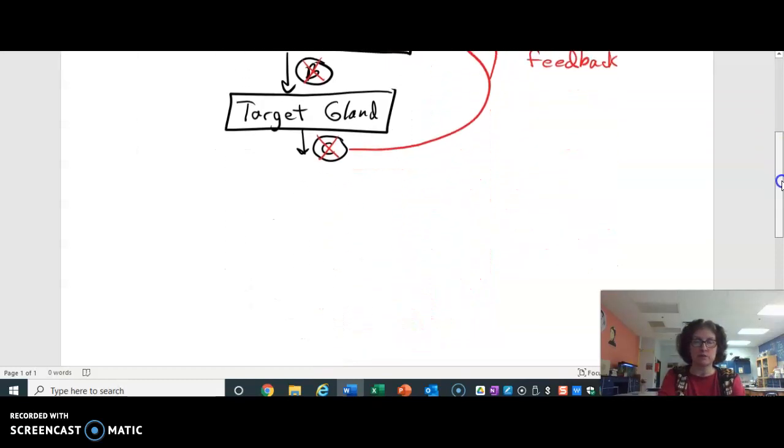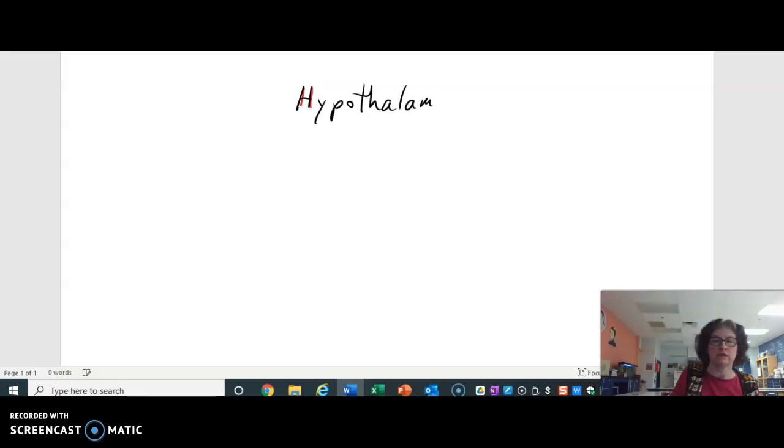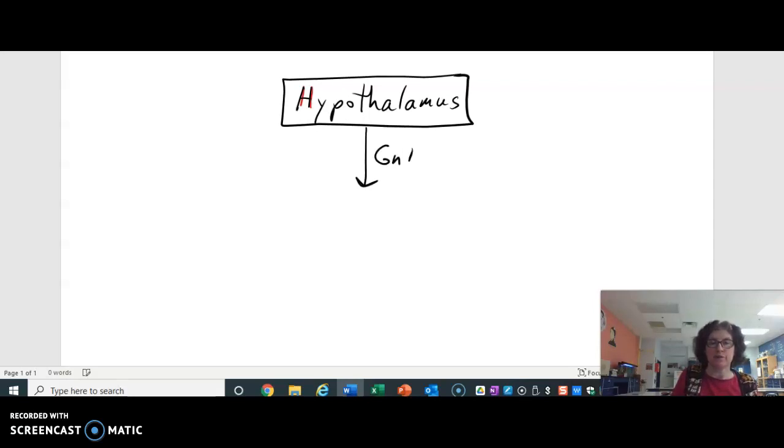Now let's make it more specific with something we did just recently, which was the story of testosterone in the male body and what happens to it if you take a synthetic hormone like trenbolone. So again, we're starting with the hypothalamus, which is often the organ in the body that detects an imbalance first. It sends a gonadotropin releasing hormone. Right? If it senses that testosterone is too low and it's needed in the body, the first signal sent to the pituitary gland